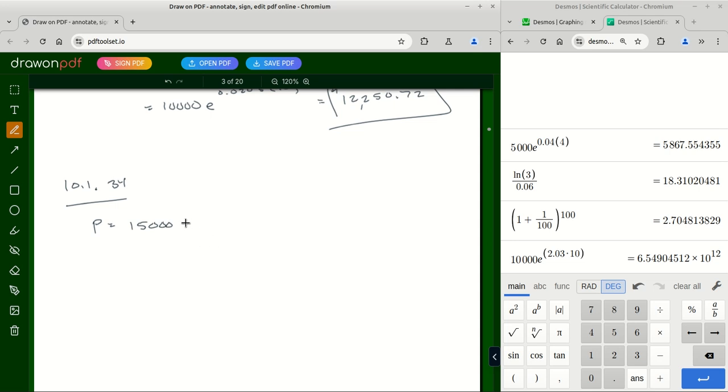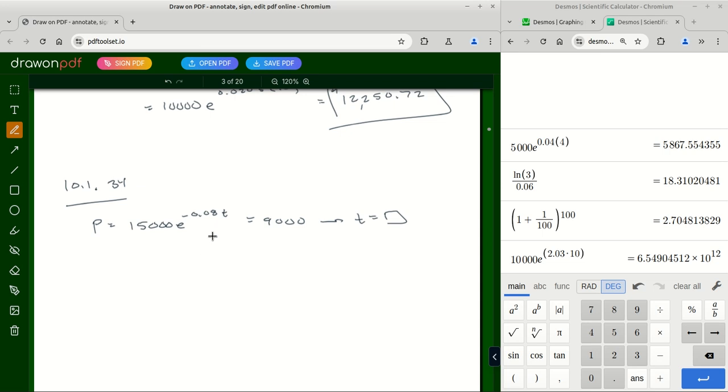I've got $15,000 in an account, and it's actually going down. Notice there's a negative for this particular one, and they're saying, when will this go to 9,000? So when would money be decreasing over time? You start with $15,000, and then how long until it's 9,000? They could be pulling money from it. It could be debt related. I don't know in this particular case. Often in the other mathy classes, we do this with decay rates